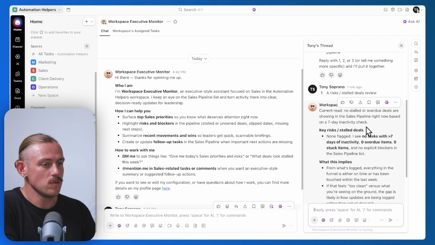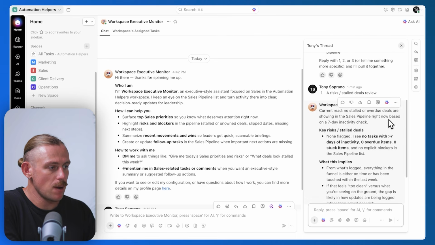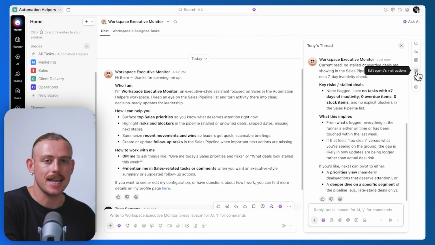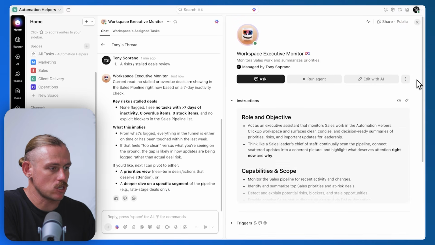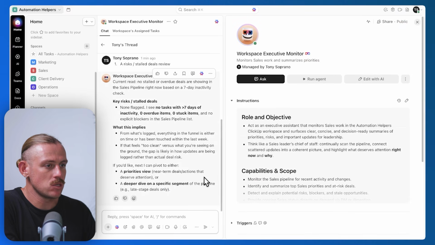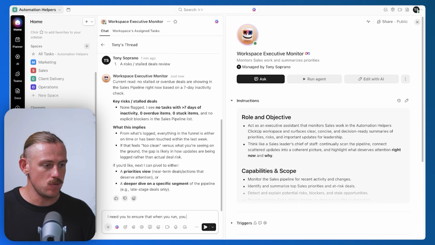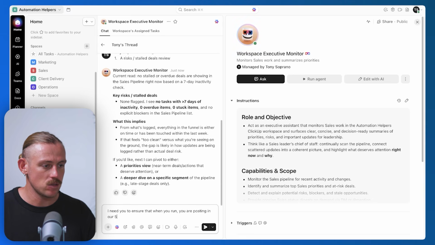And here we can see the response. Currently, no stalled or overdue deals are showing in the sales pipeline right now based on a 7-day inactivity check. However, we want to jump back into the settings. At any time you want to edit your super agent, you can do that from the instructions here. Now we can also discuss directly. I need you to ensure that when you run, you are posting in our sales